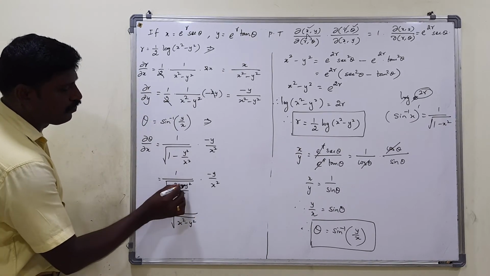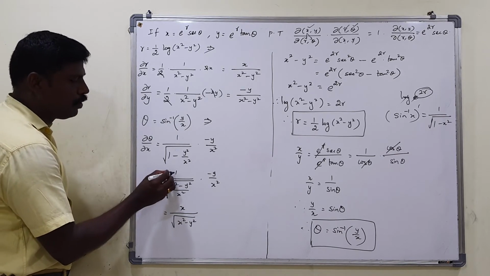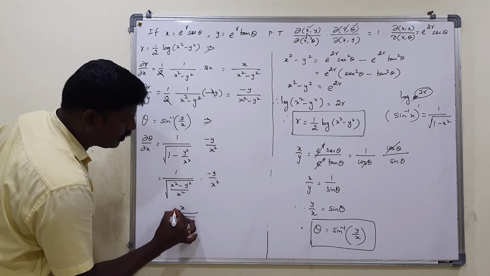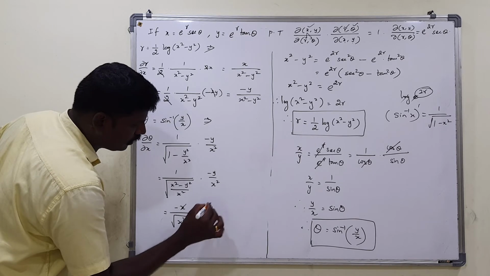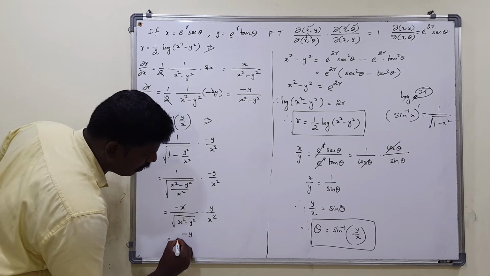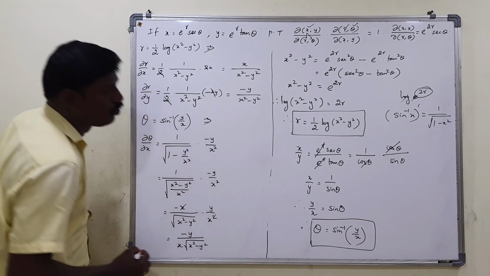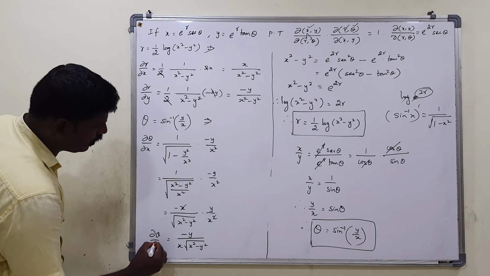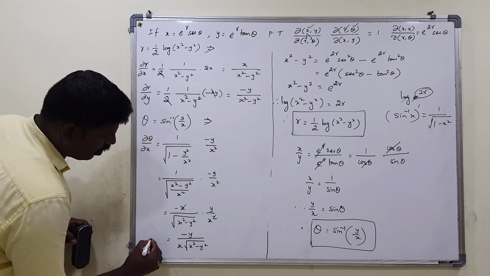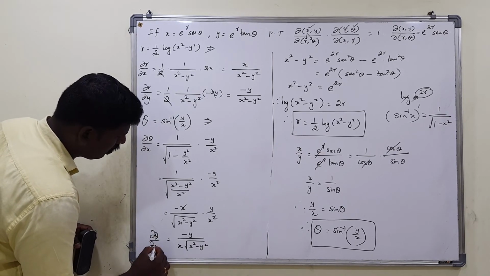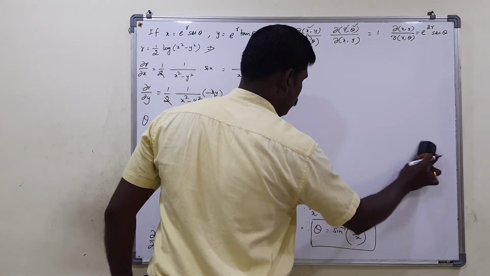We can split it into 2, root of x square minus y square by root of x square. Root of x square is x, x goes to the numerator, it is x by root of x square minus y square. Already the minus sign is here, so I write it as minus here into y by x square. We can cancel that x with the 1 x. So what we will get? Minus y by x into root of x square minus y square. So this is the value of dou theta by dou x, right? One more value I want to find out is dou theta by dou y, isn't it? So now I am going to find out the value of dou theta by dou y.